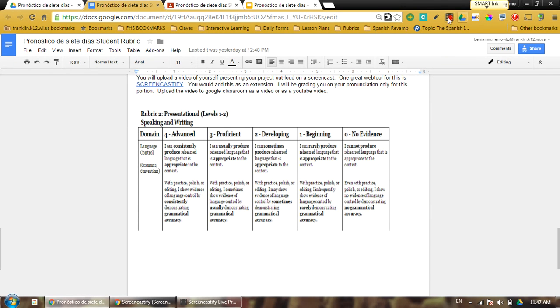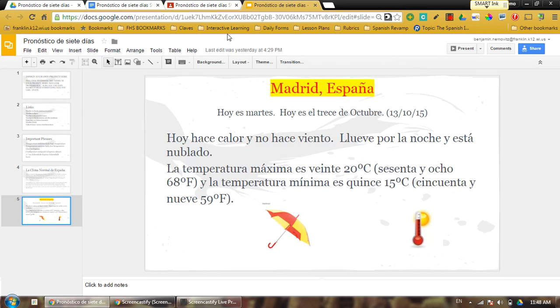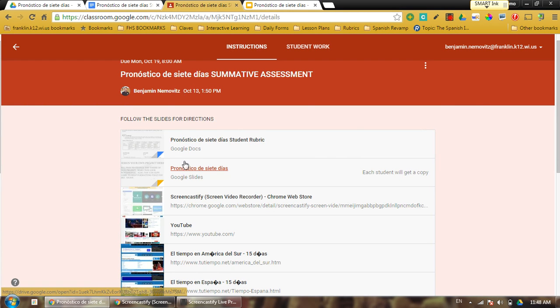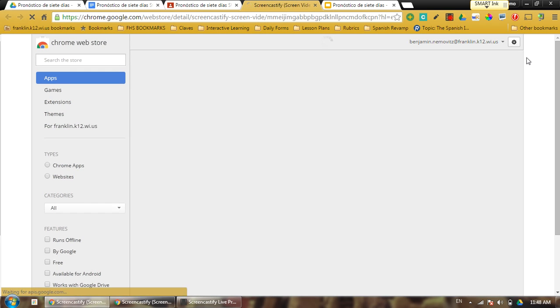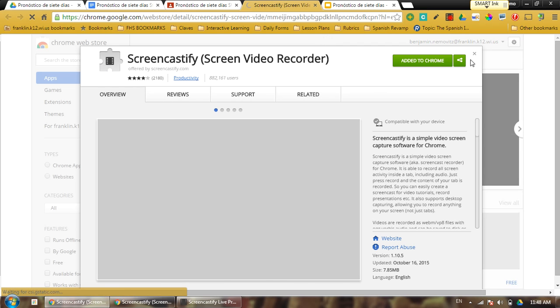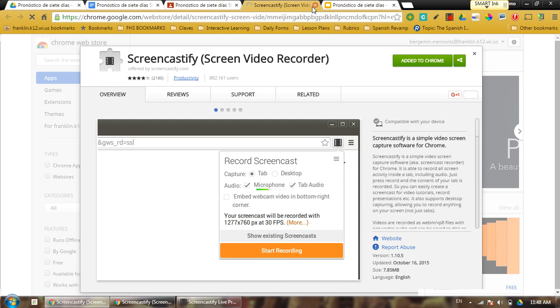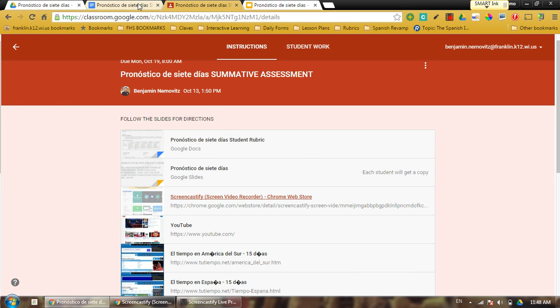I'm up here. I don't know if you can see this on the screencast. I don't think you can, but there's the Screencastify button you guys are going to click. Install that. You can install that from Classroom. It's right here. If you click this, it's going to give you this pop-up that says, add this if you haven't. I already have, so it's going to say you've already added it to Chrome. But add it, give it the permissions you want, and you guys are going to make a video just the same way that I'm making this video right now.